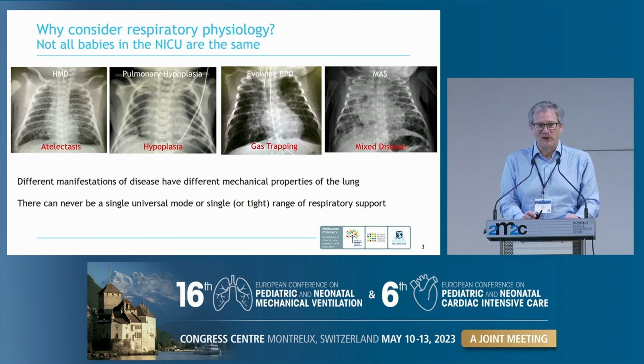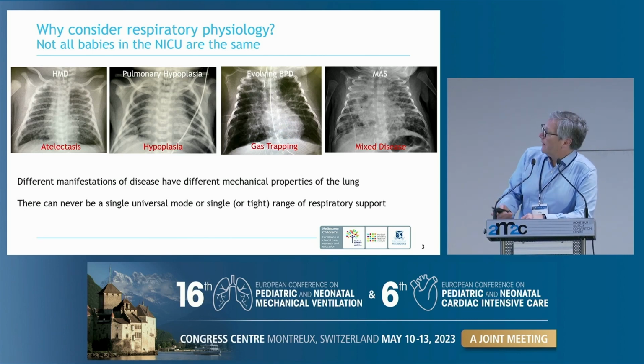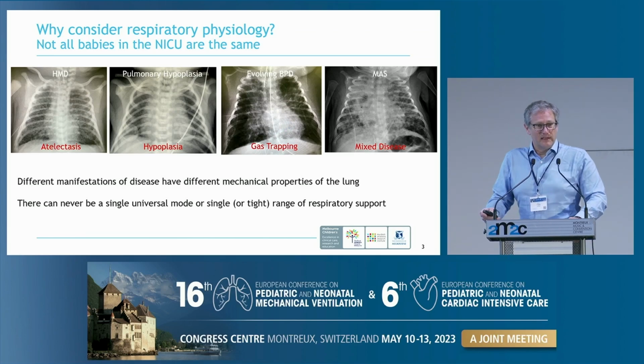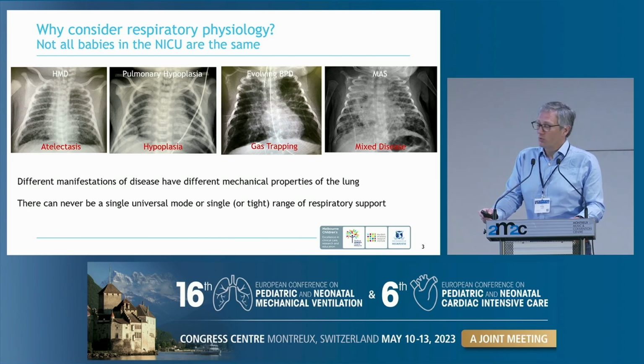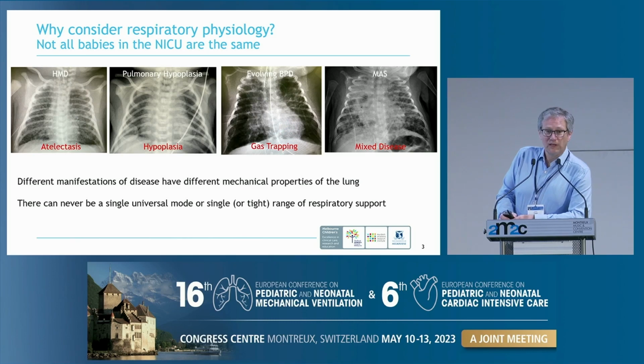The first thing I want to remind paediatric intensivists is not all babies in the NICU are preterm. So we deal with a variety of pathology. And here we may have 4 not uncommon conditions that are managed in the NICU. So we have the lung condition which dominates neonatal respiratory management, HMD, or respiratory distress syndrome related to primary surfactant deficiency due to prematurity. Not all preterm babies are born with small lungs because their lungs are collapsing. Babies can be born with lungs which have not grown, so we also manage pulmonary hypoplasia.